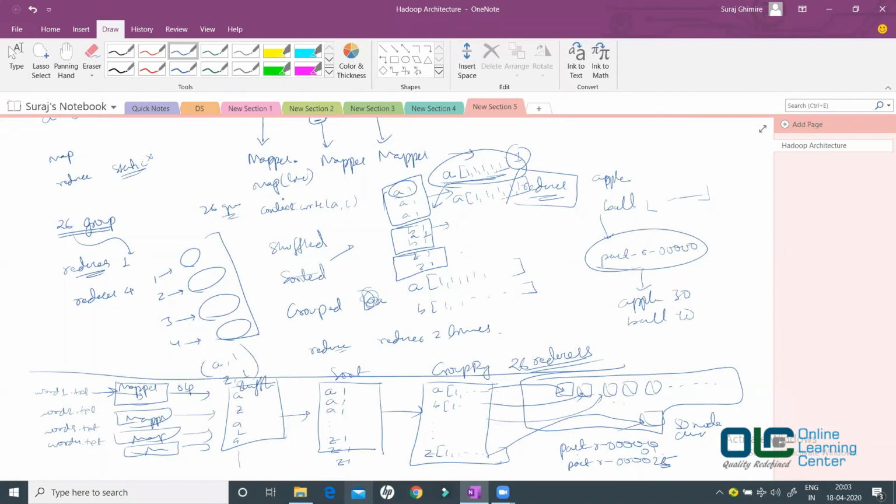But the real-time world may not be as simple as apple, ball, zebra, assuming only unique data will come. There may be multiple A's, multiple B's, multiple Z's, right? So in that case, what I will say is choose a decent number of reducers and experiment, because at the end of the day, what is important is how much processing power you have and how fast you can go. If you want, you can choose 100 reducers, that's okay, as long as it is not impacting others.